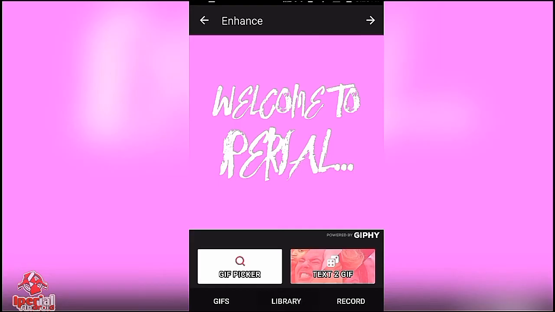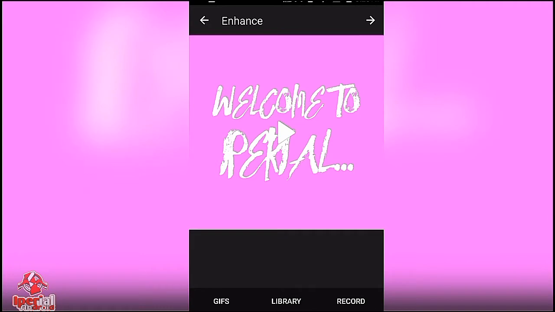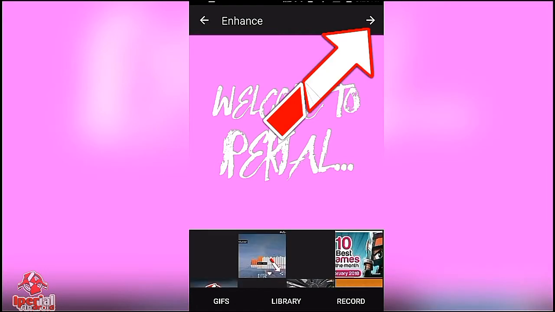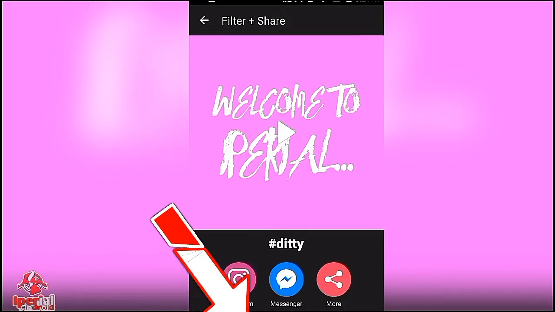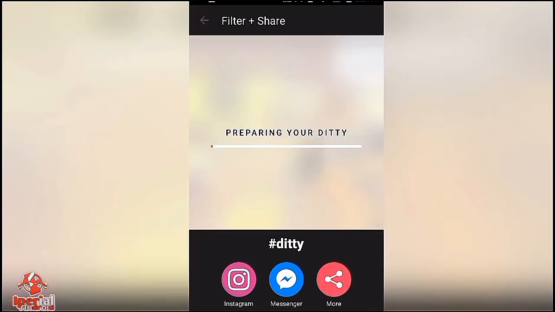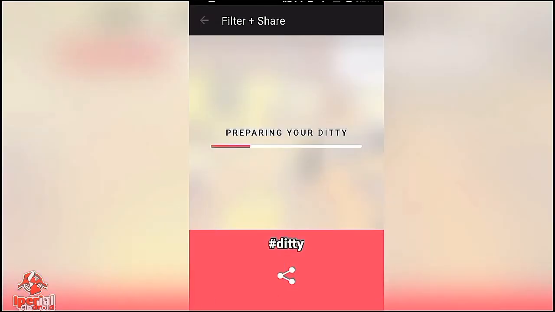And you can also go to your library and select your own pictures here. You can also record your video right from this app and with your phone's camera and add it in your intros. It depends all up in your creativity, however you want to design it. So once you're done with your intro making, you want to click the right arrow sign here, and you can see the save private here. You want to click it. You can see the share button here, you want to click it, and it will be saving to your gallery